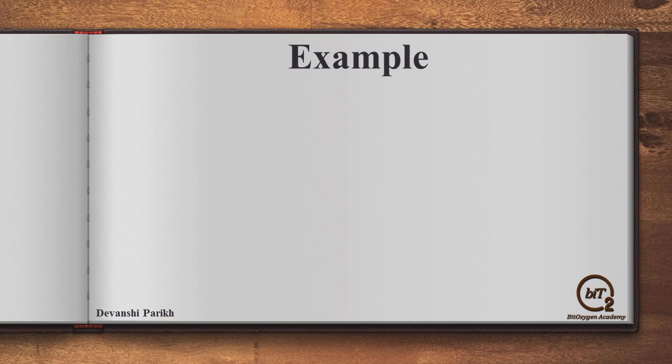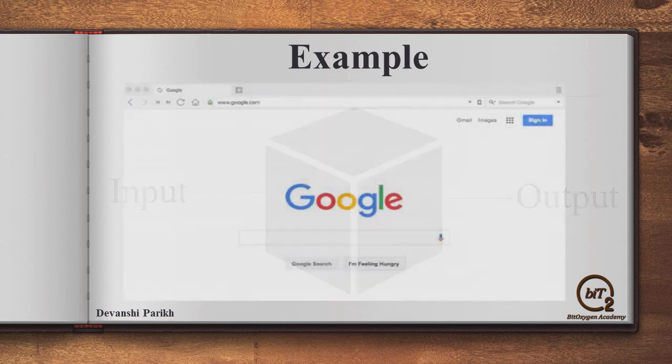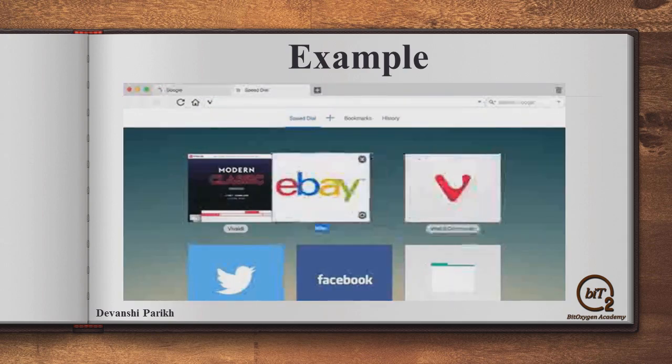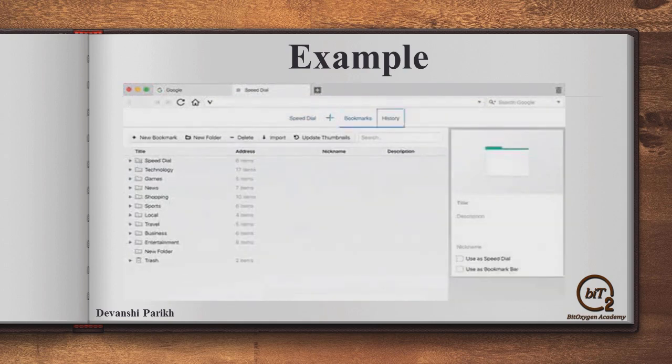Consider this black box can be any software system that you want to test. For example, a website like Google, in which we test only its functionality without knowledge of the internal structure of the website. We test the web page by using a browser, provide the input like clicks and keystrokes, and verify the output against the expected outcomes.